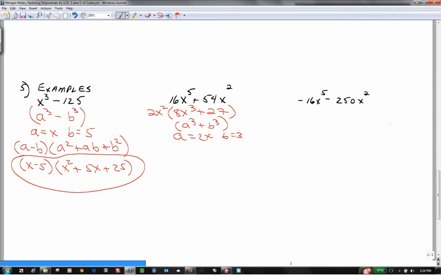Okay, so let's use the formula that I have. And the formula is a plus b times a squared minus ab plus b squared. That's the formula for a sum of cubes. Now I memorize it. You'll have to memorize it too. So let's go ahead and plug the numbers in. Now remember, I have this 2x squared out there, so I have to include it. Now then, the formula says a plus b, 2x plus 3. Now the formula says to take a and square it. A is 2x, right? So 2x squared, that would be 4x squared, right? So I'm going to have to square the 2 also. So 4x squared